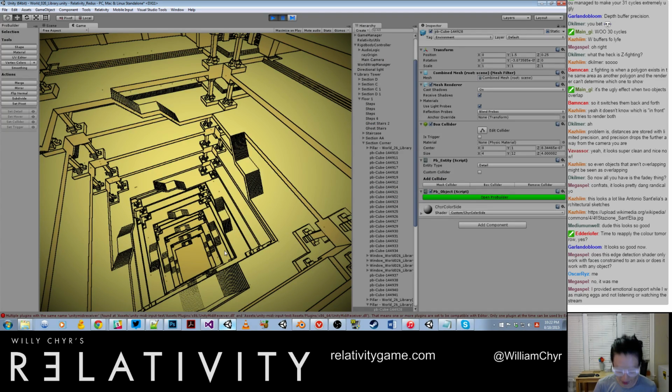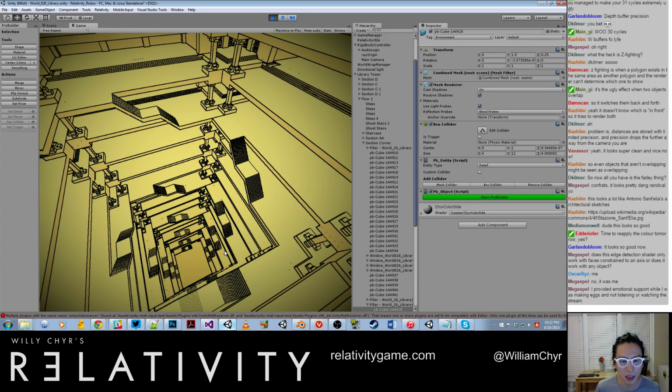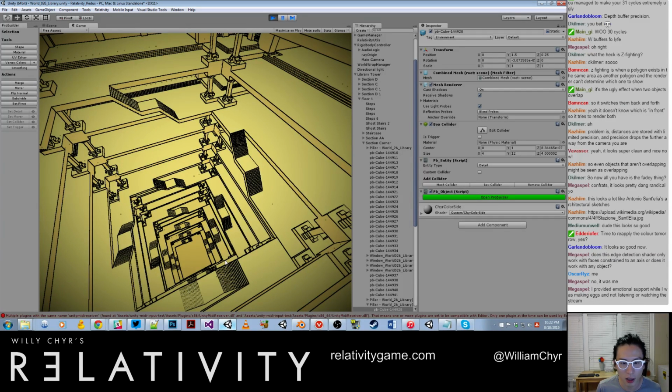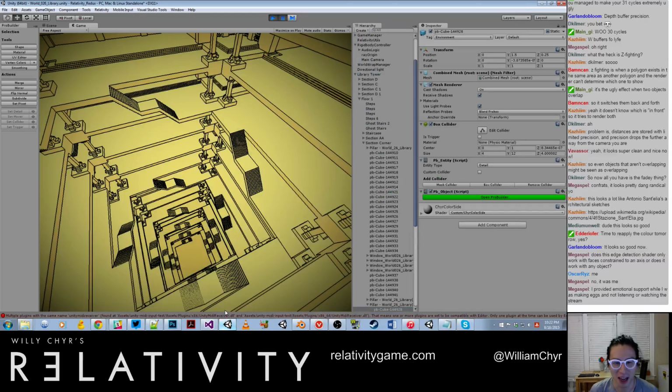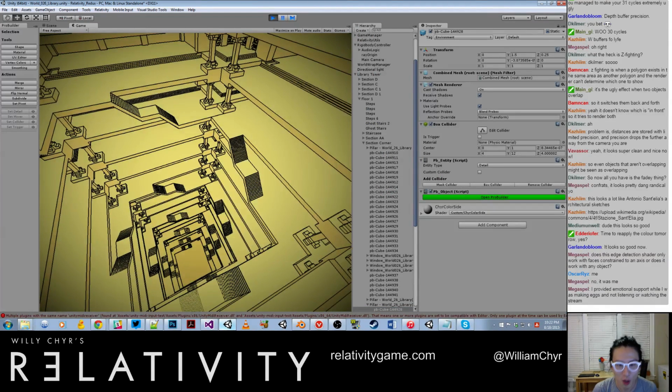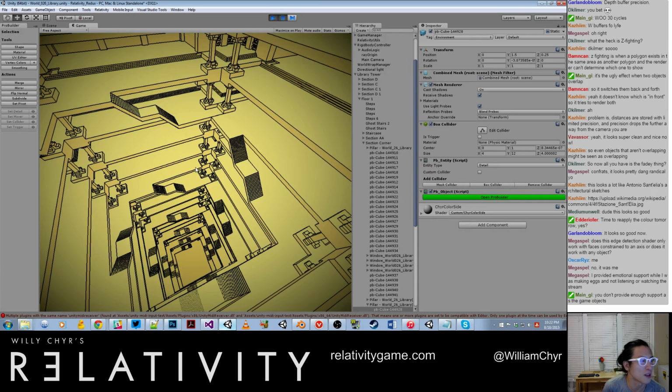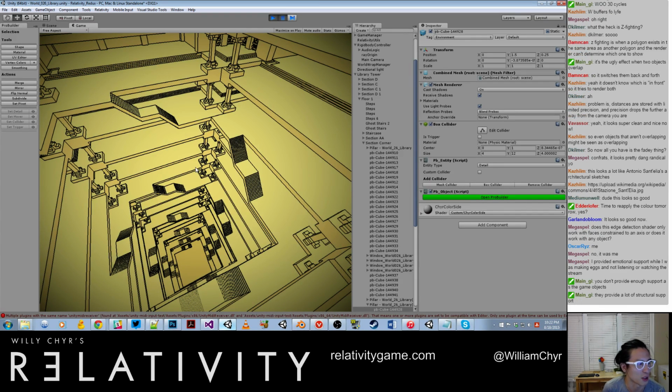You see that? Guys, look. You see how ugly that is? You see all the edges? You see all the edge detection? We did it. I knew there was a solution. I knew it. Yes. Okay. Look. This edge detection probably only works with faces constrained to the axis. It's not good if you have curved surfaces, but